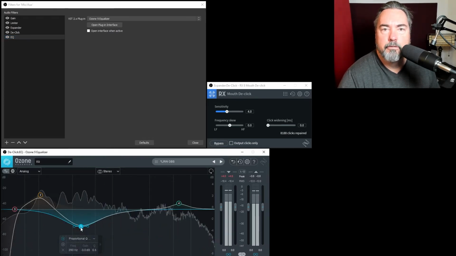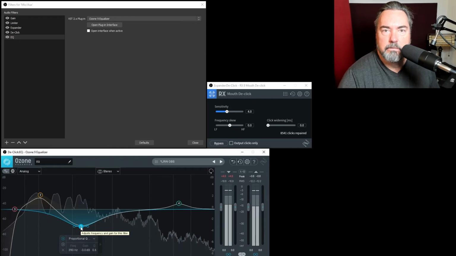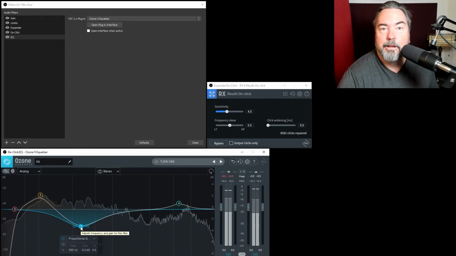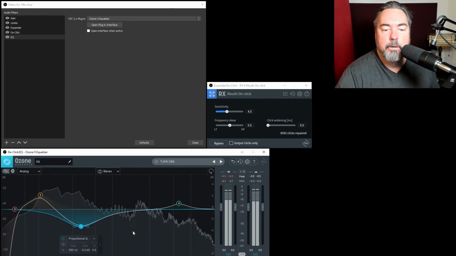And the best way to find this is record a bunch of audio files, bring your cue down to a small amount so this bell curve is very narrow, and then you just sweep it along the range while you're talking. You do both a cut, and then you do that with a boost, and you'll find there will be a certain range of audio that when you hear it, you'll go, ugh, that's the place you're going to work on. So for me, it was around 390 hertz. And so what I'm doing is I'm dropping that about 3 dB here